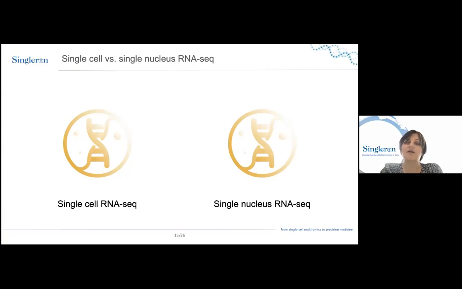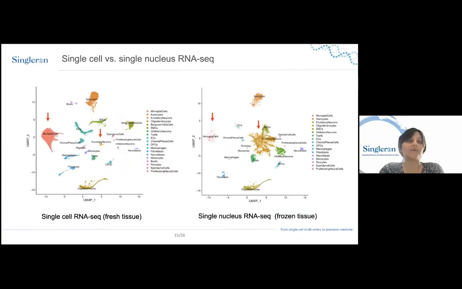But single nucleus may be especially beneficial, for instance, for frozen samples. So if you, for example, after this talk realize that you have some frozen tissues in your fridge or freezer, and you would like to start with single-cell RNA sequencing, these samples would still be eligible for the single nucleus RNA-seq. And here I'm just showing you some data which compares the performance of the single-cell RNA-seq versus single nucleus